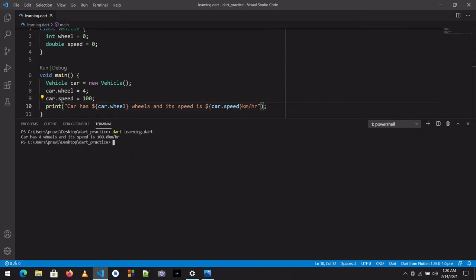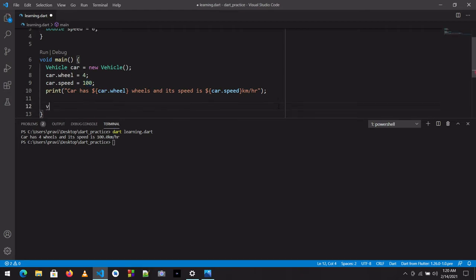Yeah, so we created a car object with a key wheel value of 4 and a speed value which is 100. This is the new object created, car. So we can create one more object, such as a vehicle again.